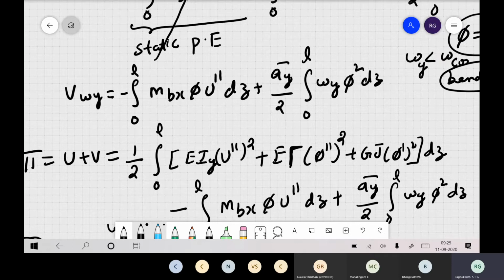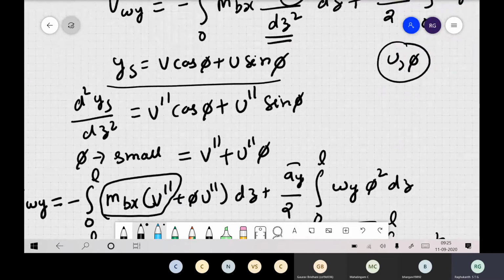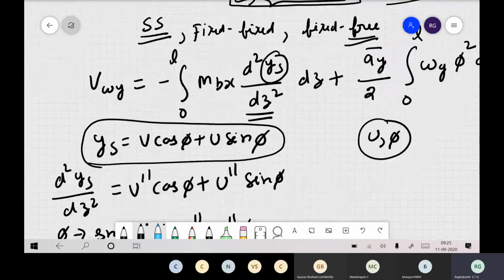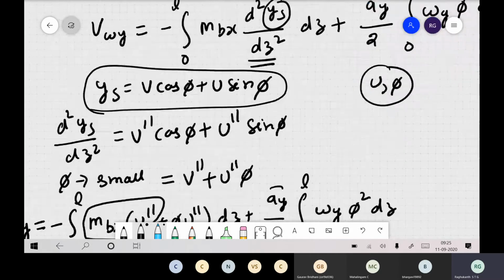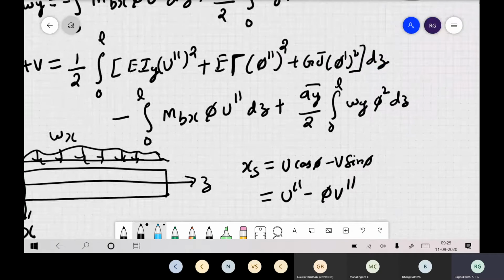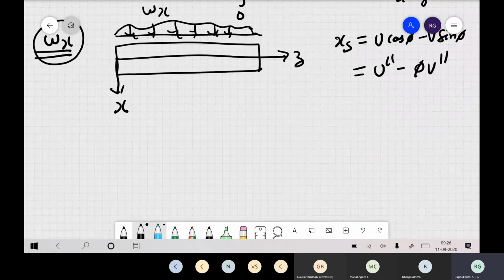All the derivation whatever we have done, you just replace y with x and Mby. So Wx, then Mby, all the terms will be the same. Ay bar becomes Ax. All the expressions are going to remain the same, except we have substituted ys equal to v cos phi plus u sin phi. Using this, you can easily find out for xs, meaning how much the shear center has moved. So there you will have some slight difference. Other things mostly remain the same, and all the similar things will come into the picture.